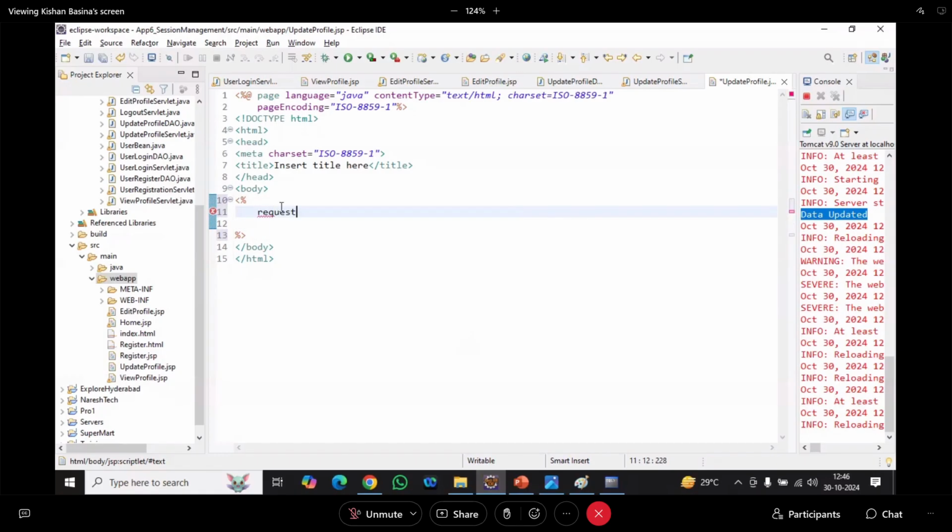And here request dot getAttribute, request dot getAttribute, I'm going to write two times. Why two times? First one is for my message. What is that message? Data updated. Second one is for my cookie. What is that? fname. Okay, now here equal to string, let me go like data, and here I'm going with string fname, and